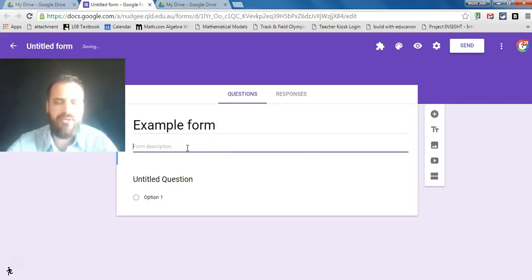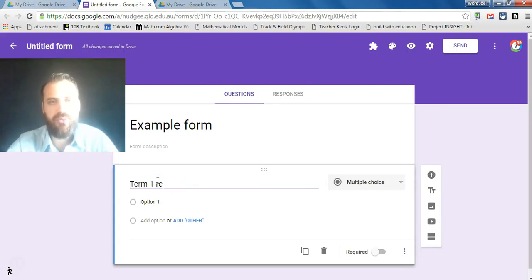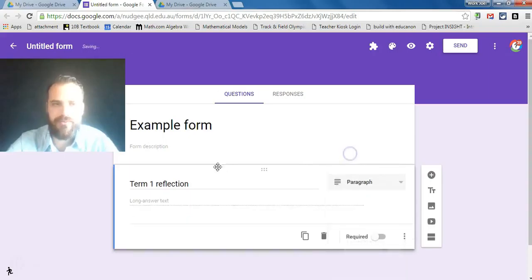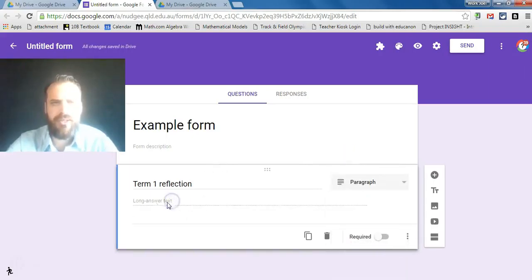Now you can use these forms or these surveys as diagnostic exams, so you could put 10 questions in here, but you can also use them just as like a check-in with your students. So one that I did last term, I'll remake one that I did last term. It was a simple term 1 recap, or I guess maybe a reflection is probably a better one. Now it wasn't a multiple choice question, it was a paragraph,